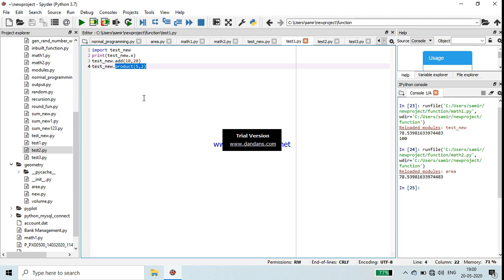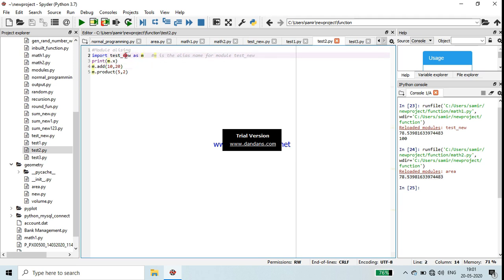But I want to explain member aliasing, how we alias that module. See this program test2: import test new as m. The module name is test new, and I am using it with a module alias. Module aliasing means m is the alias name for module test new. In place of test new I can use m.